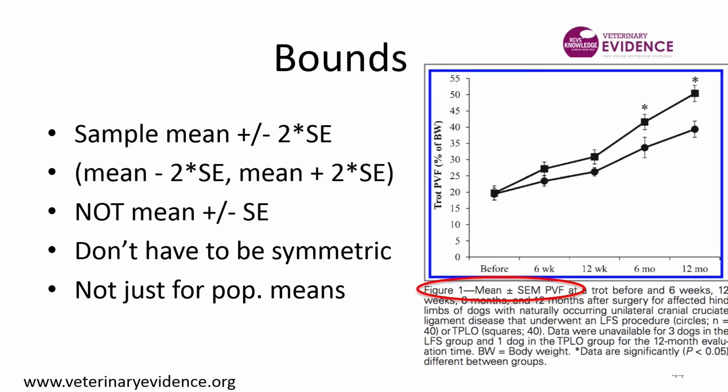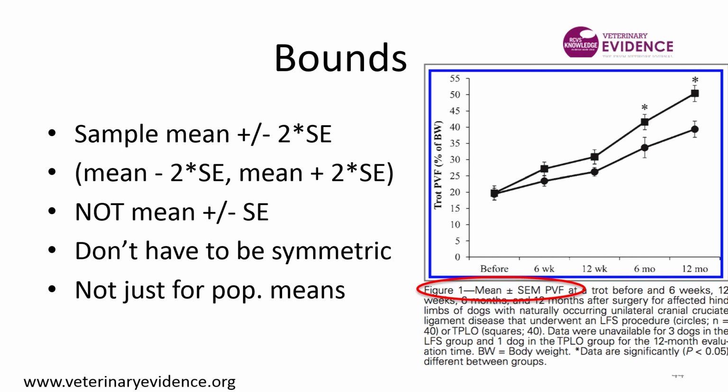A few more facts, because these can get mired up, and then we're almost into stuff that's not quite so technical. People often report the confidence interval as the sample mean plus or minus 2 standard errors. So that's the classic way. So here we've got mean plus or minus 1 standard error in Wanda's paper. So these are not confidence intervals. So just because you see bars on a graph doesn't mean they're true confidence intervals. They're just,